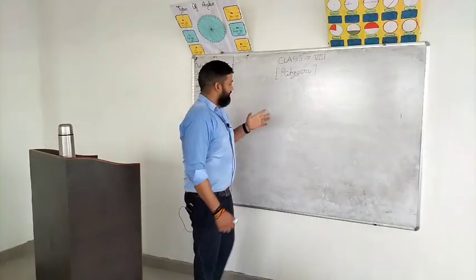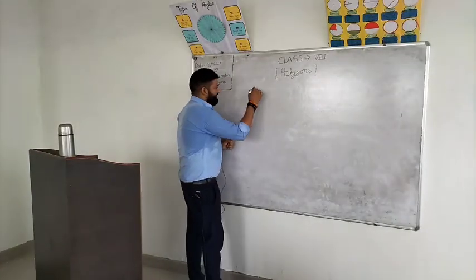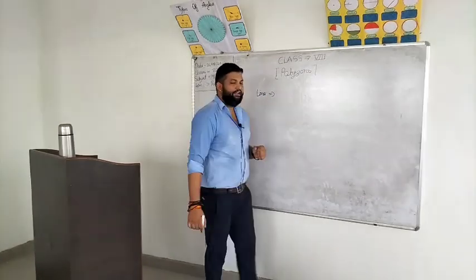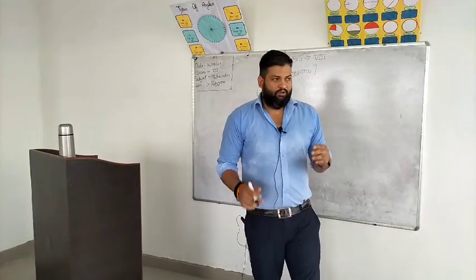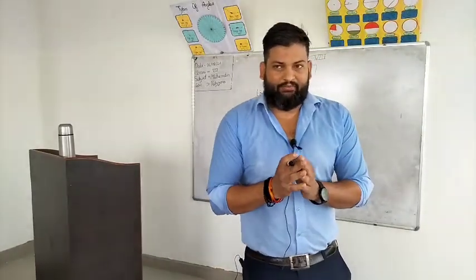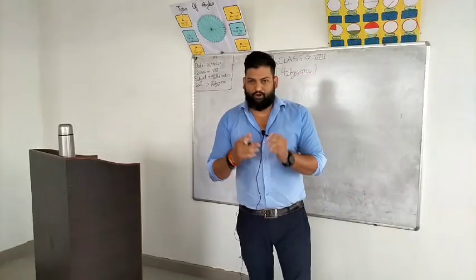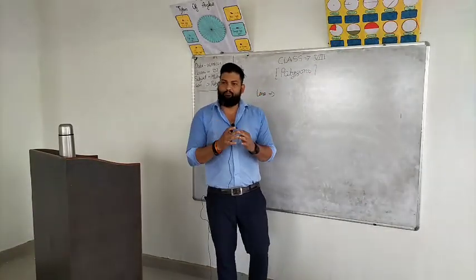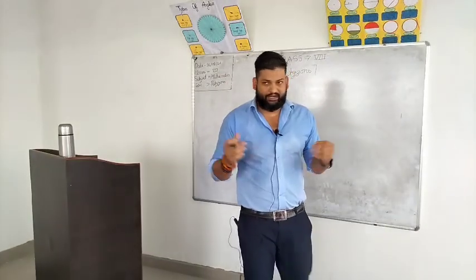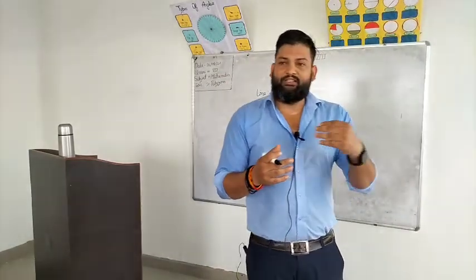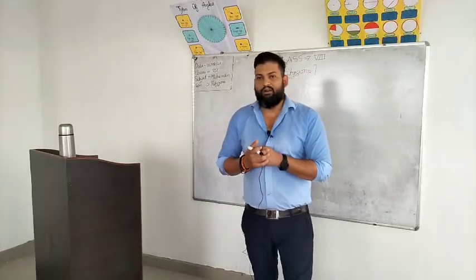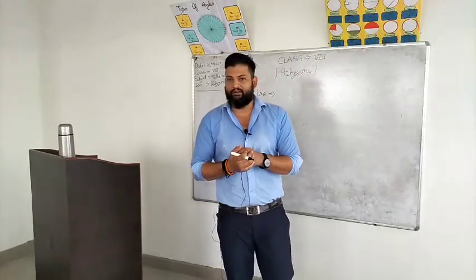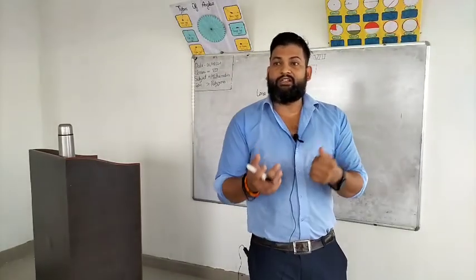So, before the polygon, first, what is the line? If I ask you, what is the definition of line? How can we find it? What are the properties of line? So we know that there are no endpoints, we can produce it infinitely in both directions. So these are the properties of line. But if I ask you what is the definition of line, how can you describe it?